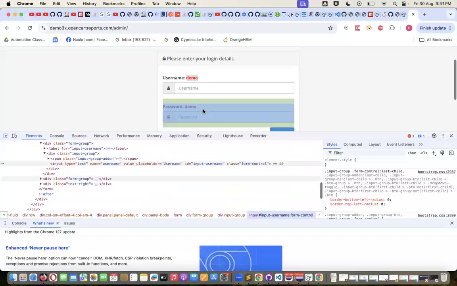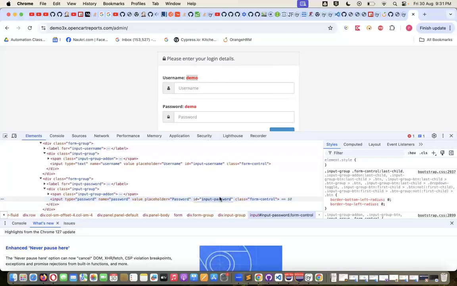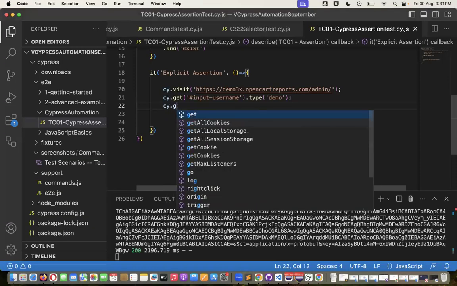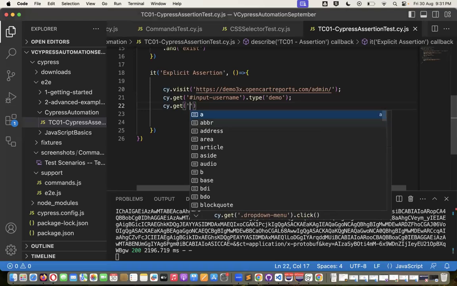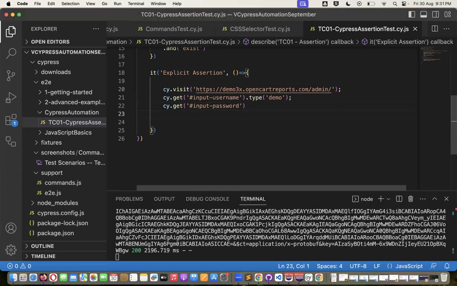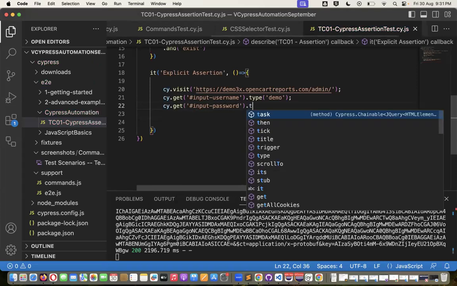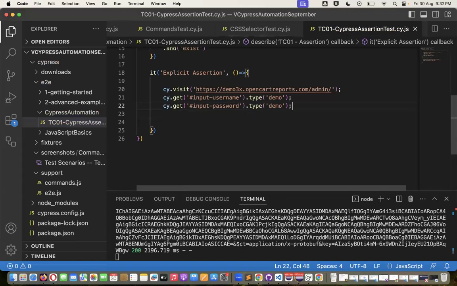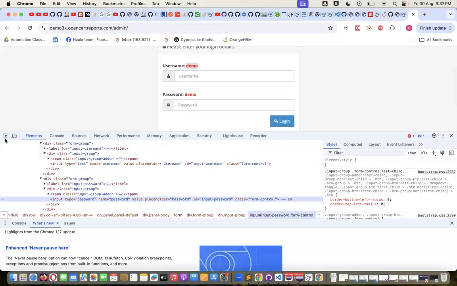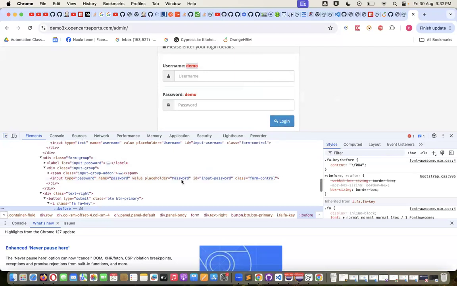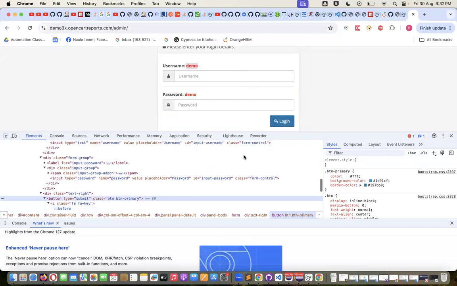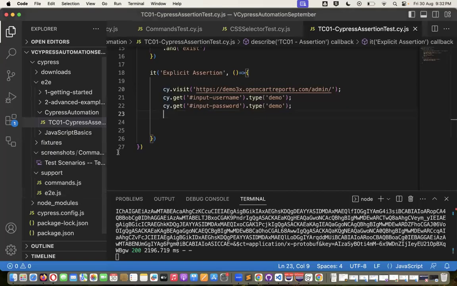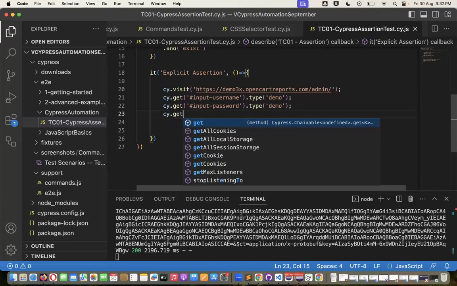Then try to inspect the password. Password has the value ID as input password. cy.get hash Control V dot type. Password is also same, guys. Demo. Okay. So we have entered the demo. After that, you need to click on login button. So for login button, check the locator again, guys. Okay, so you can see for login button, we have type equal to submit. So Control C, cy.get